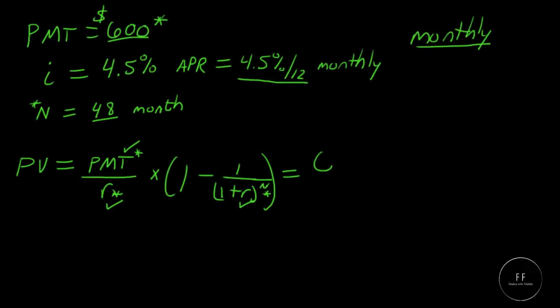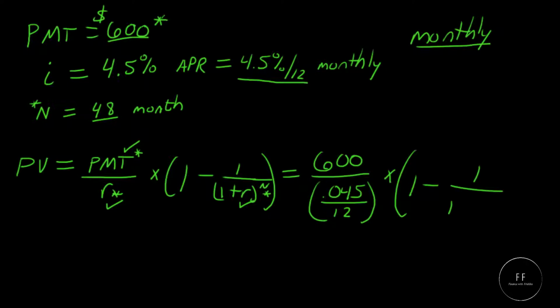So that's the same as 600 divided by 0.045. That's 4.5% in decimal form divided by 12. And then we're going to multiply that value by 1 minus 1 over 1 plus r, and that's again 0.045 or 4.5% in decimal form, divided by 12, and that value is going to be in parentheses raised to the power of n, which is 48 months. All right, so if we actually run this calculation, we find out that the present value of all these payments is equal to